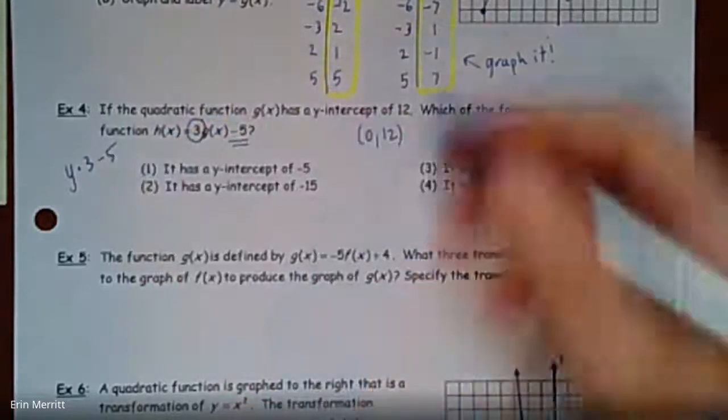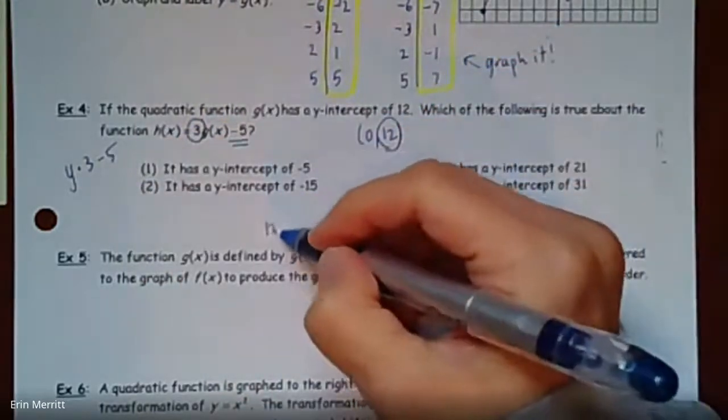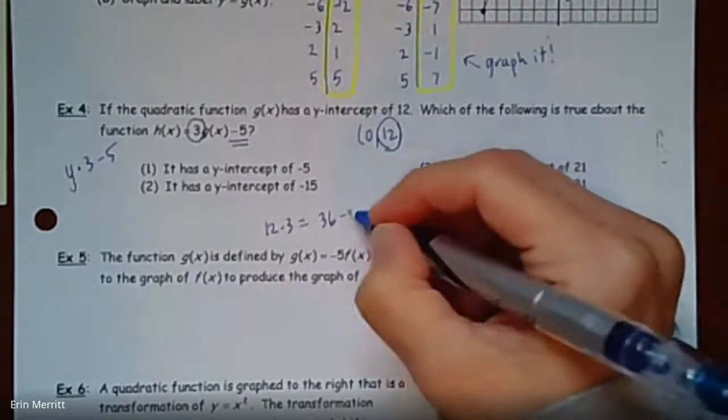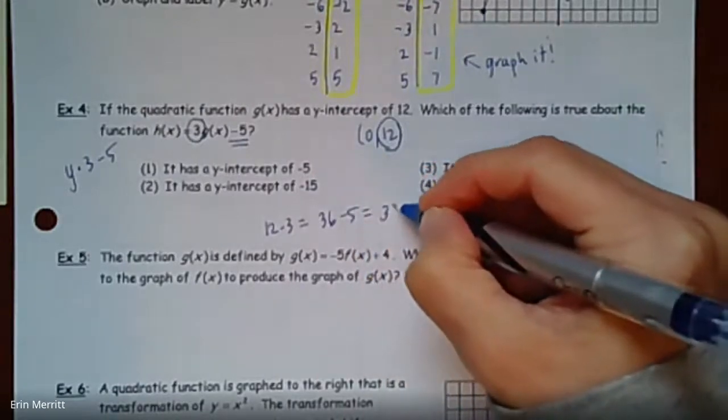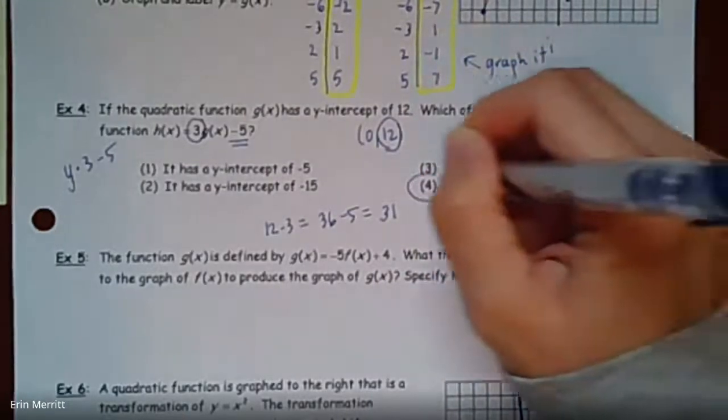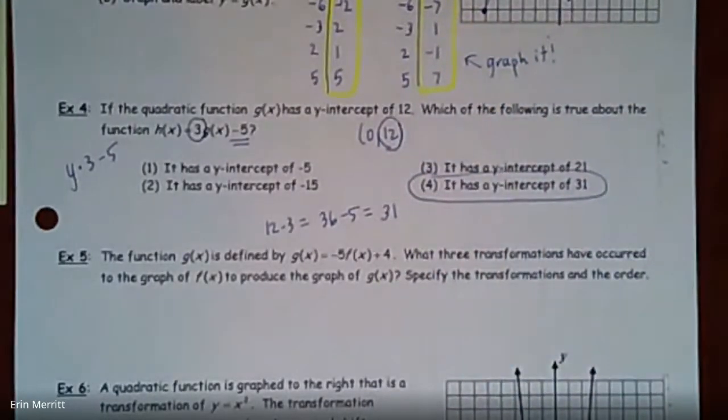All right, take that y value of 12, multiply it by 3. That'll give me 36. Subtract 5 from it. That's going to give me 31. Right there, that guy, that's choice 4. Does not affect the x value at all. All right,